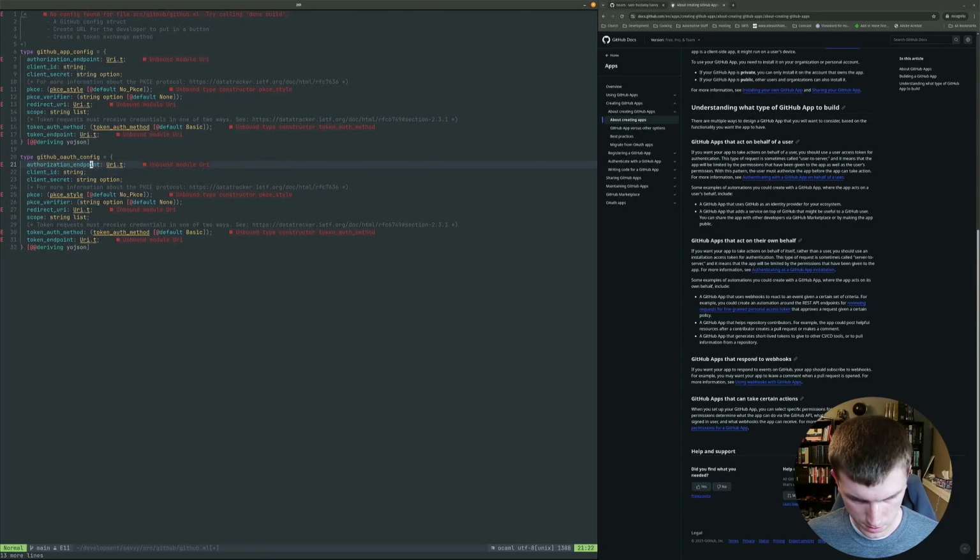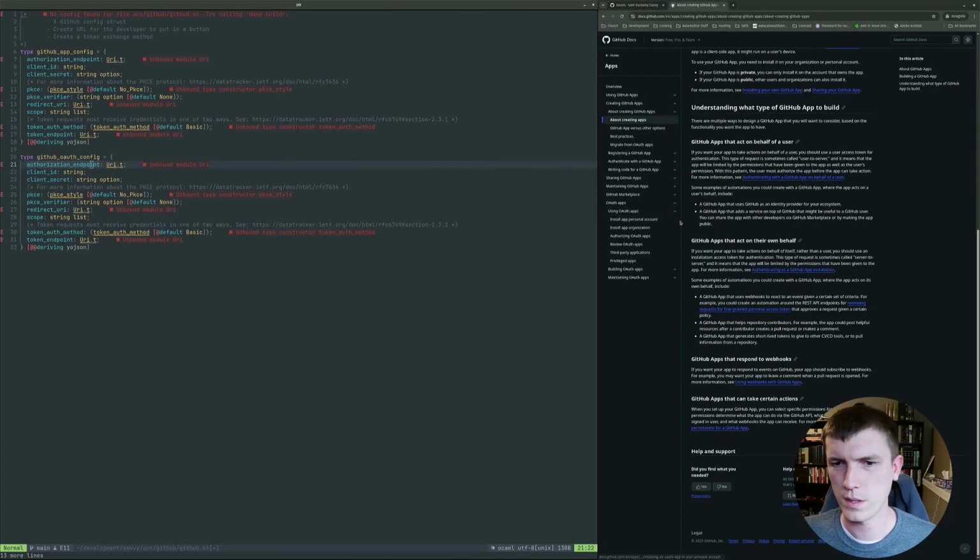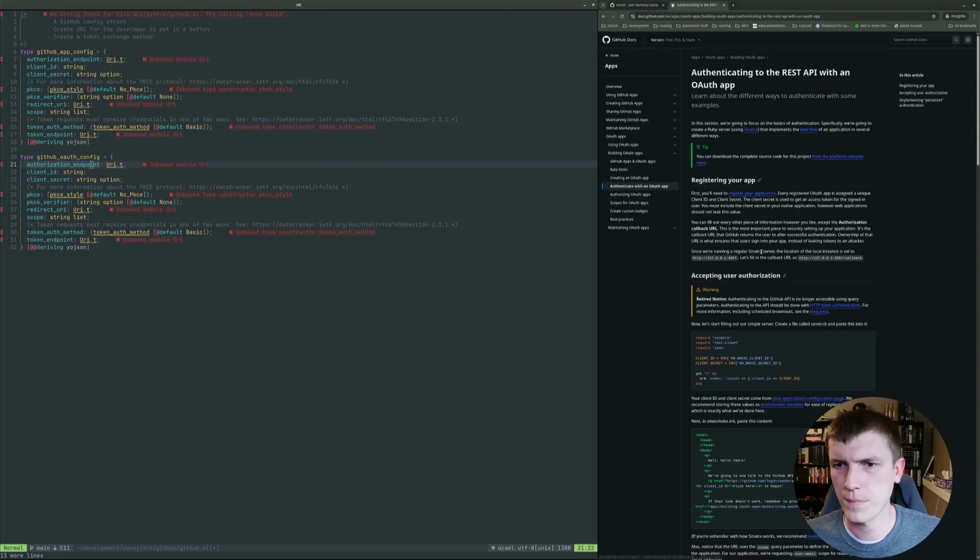So this authorization URL, we probably actually know that, right? It's probably always the same for GitHub, the authorization URL. OAuth apps, using OAuth app, authorizing, review, third-party privilege, building, authenticate. Yeah, let's look at that. So we'll get,